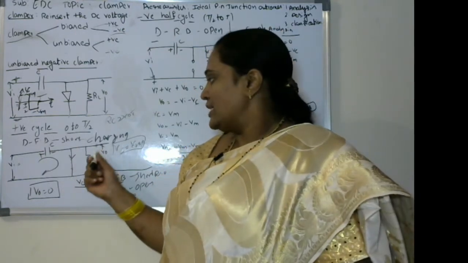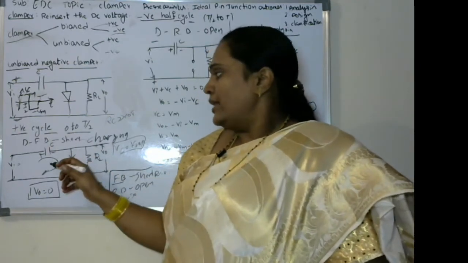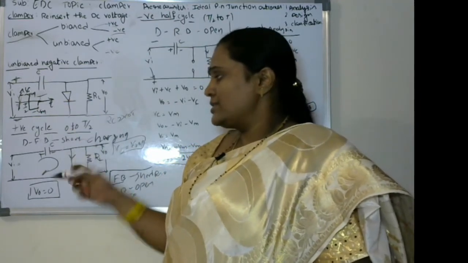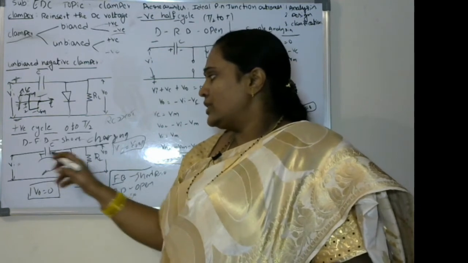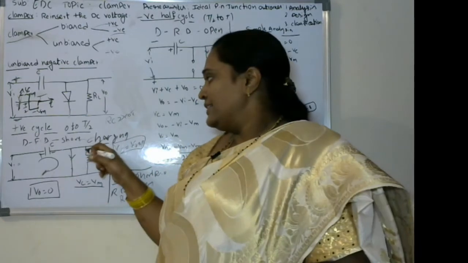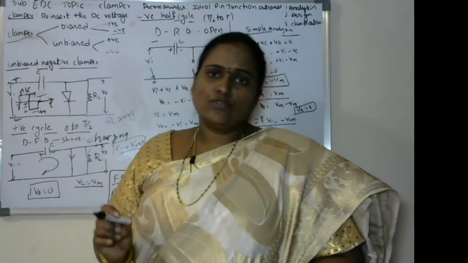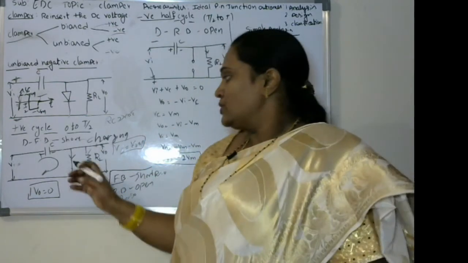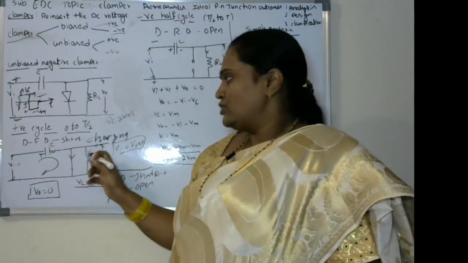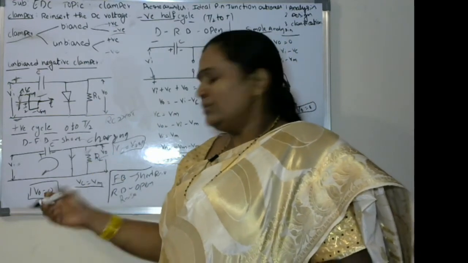Next we have to measure the output voltage in this positive cycle. We have already discussed that the diode is short circuited since it is forward biased. Almost all the current will flow in this direction, and no current will flow through RL, since the current almost always chooses the lowest resistance path. Once the current is not flowing through RL, V0 will be equal to 0.